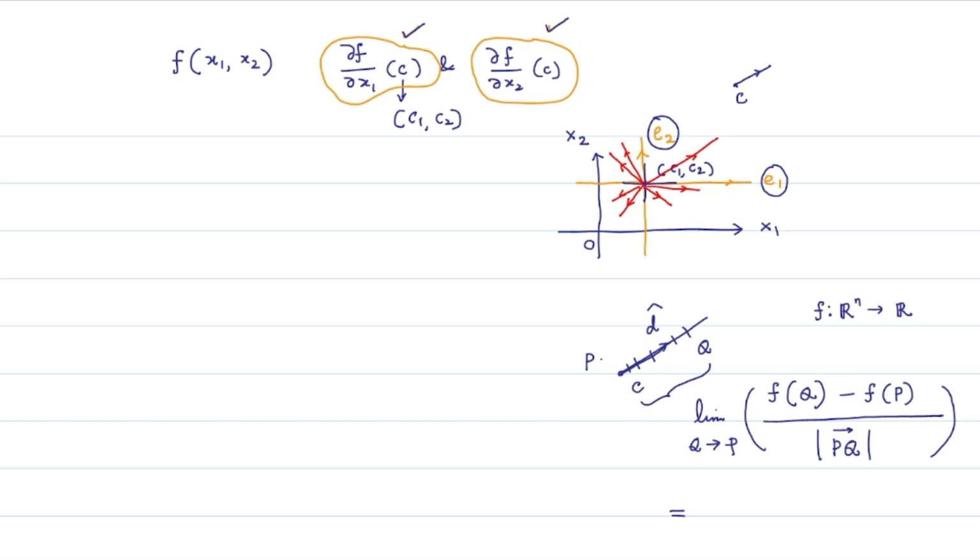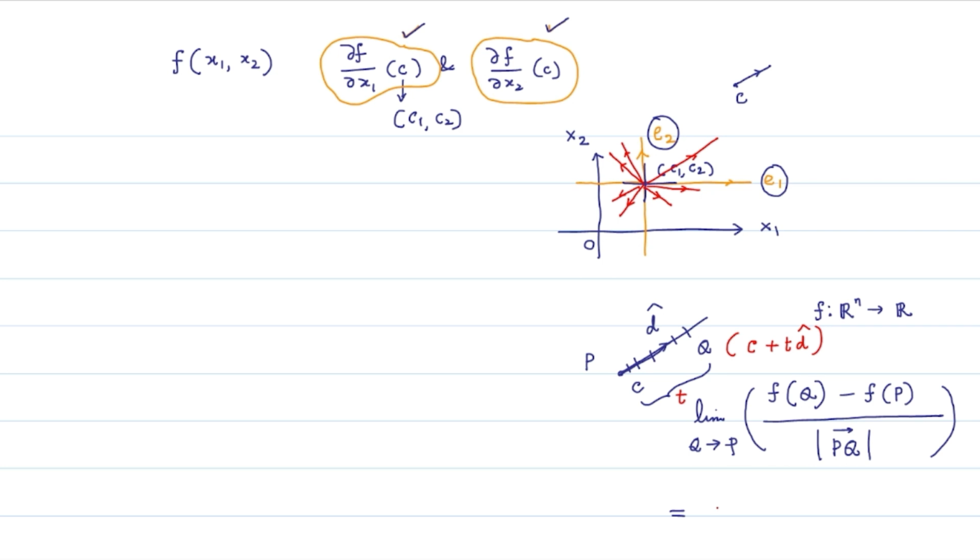The position vector of the point P is assumed to be given by the coordinates of the point C. If the distance from P to Q is equal to, say, t, then the position vector of Q is given by C plus t d hat,